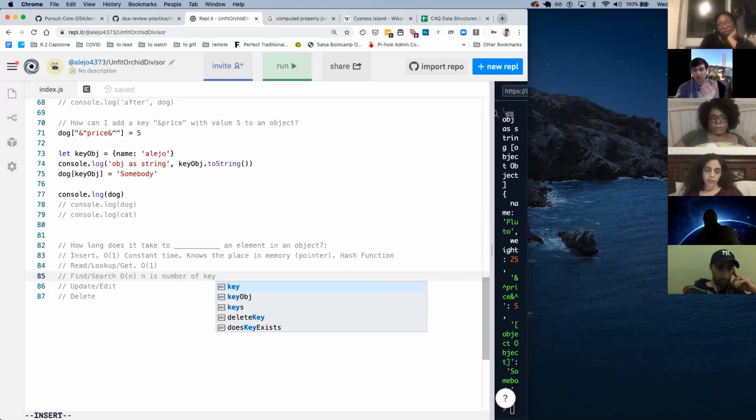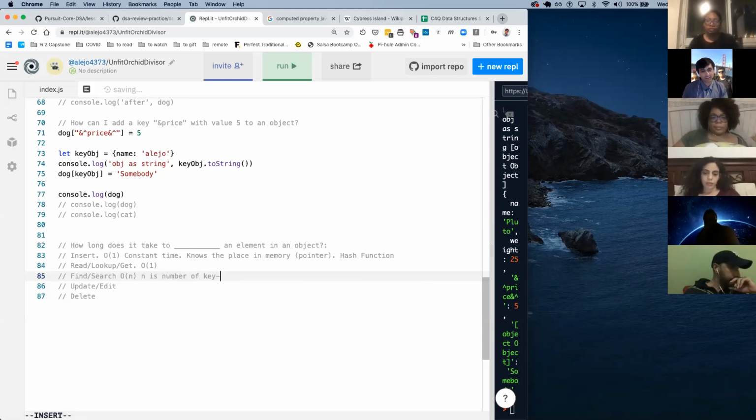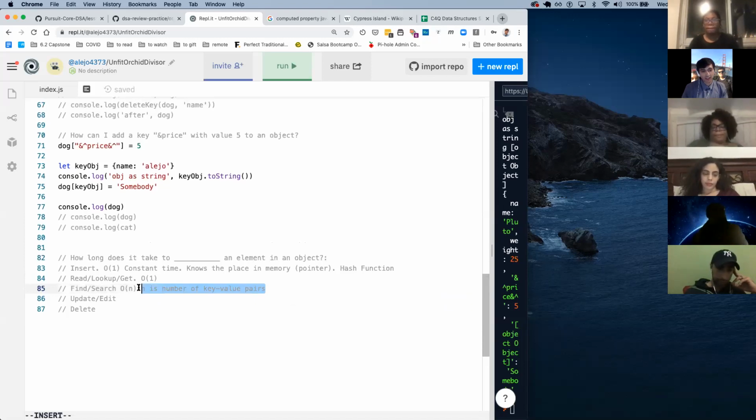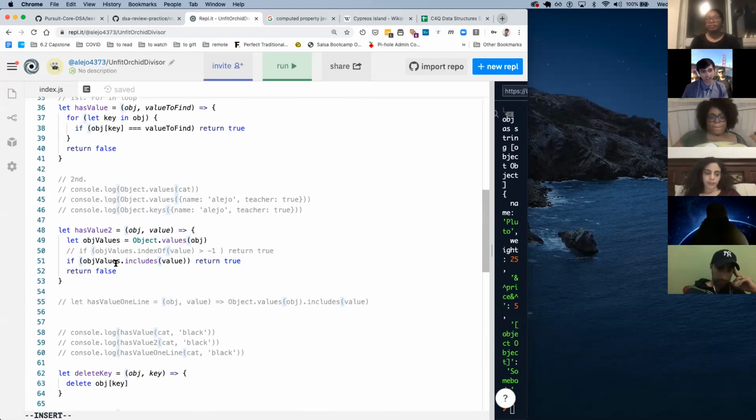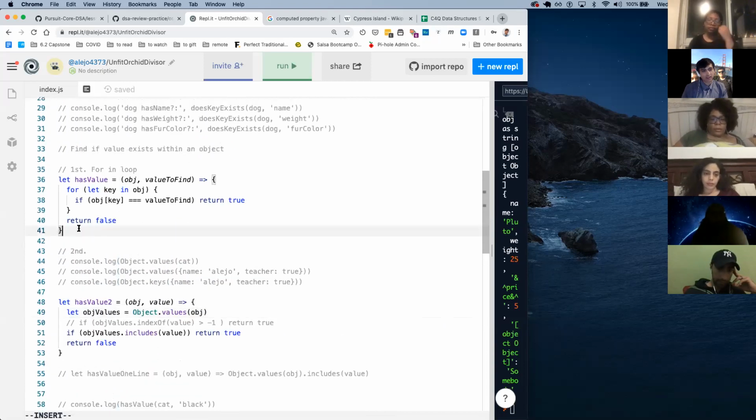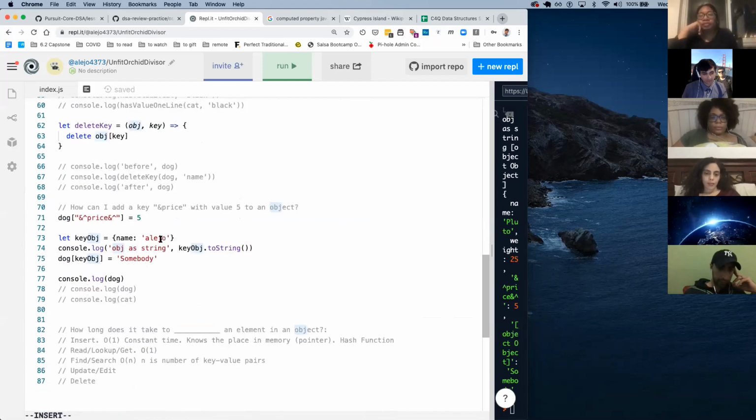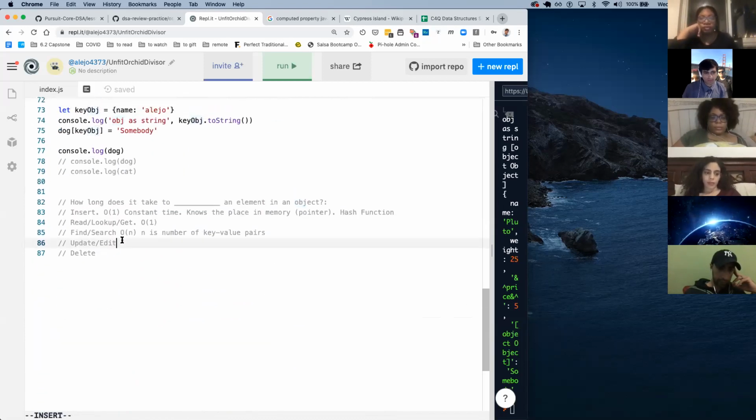Because objects don't really have length. Arrays have length. The number of key value pairs. And we saw that where we did this function here, has values, it loops. It's doing a for in loop for every key in the object. So if we have 1,000 keys, if you have